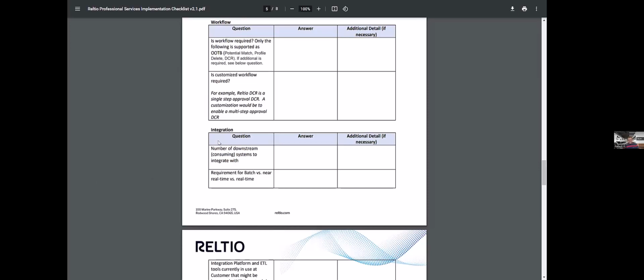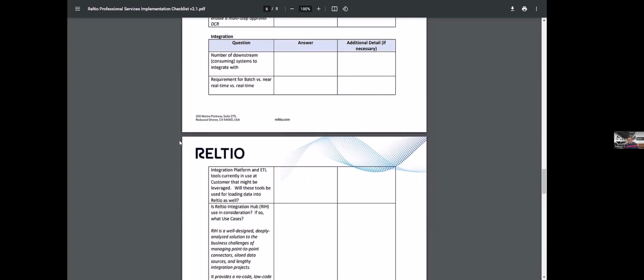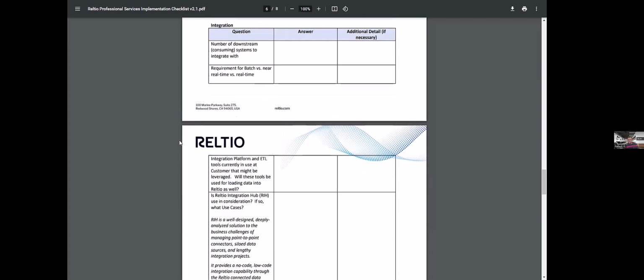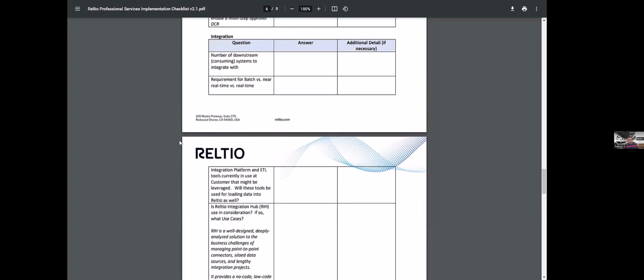The next big thing is integration. We did cover that in the source systems, but talking about it again, we want to know what sort of integration patterns are preferred. Now, Reltio has multiple ways to integrate data. That's pretty much available in the portal.